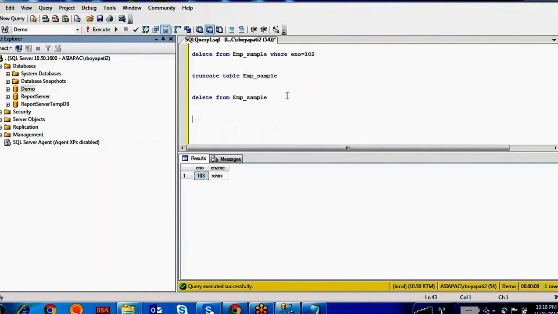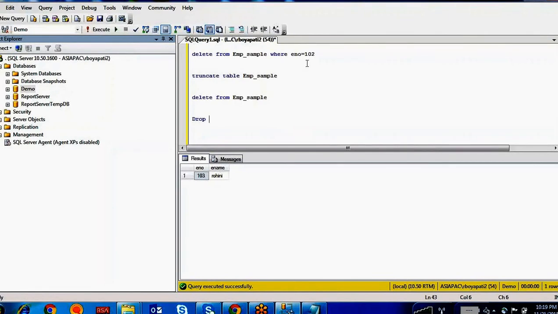Okay. And what about the drop statement? If you want to drop the complete table, not only the table, if you want to drop any object in the database, whether it is a stored procedure or a view or anything, whether it is a database also, if you want to drop permanently that object's existence in a database in SQL Server, you have to use drop.